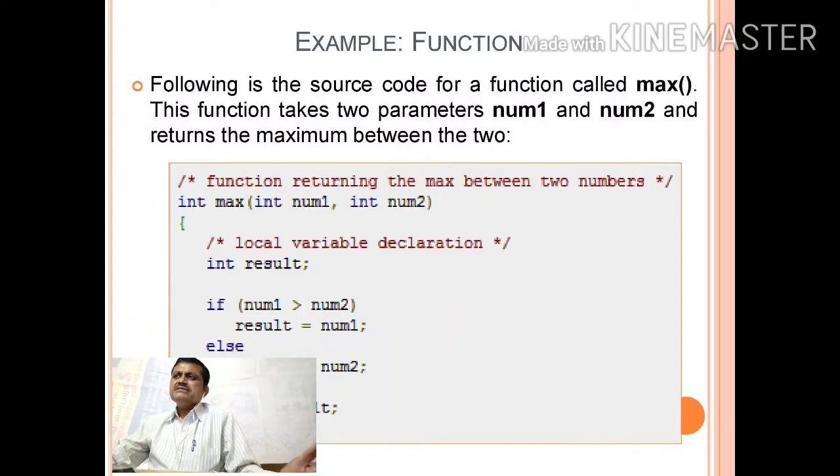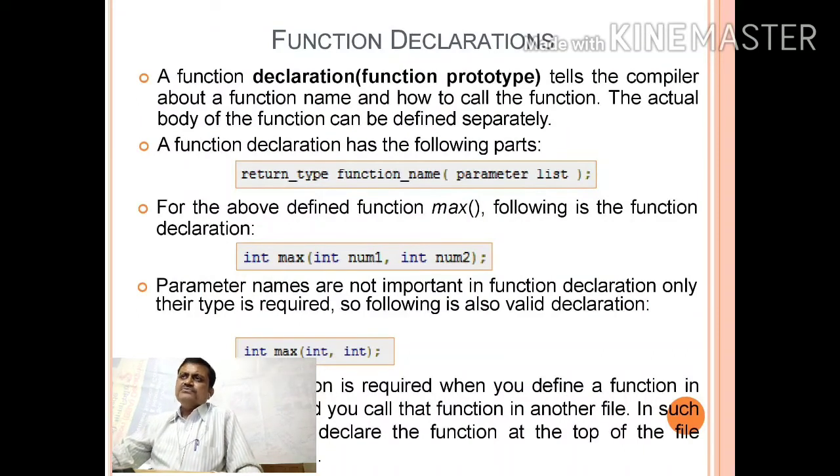Now in the next slide we will discuss function declaration. Now how can you declare a function? A function declaration is nothing but the prototyping. The name of the function and the argument list is nothing but the prototype of the function.